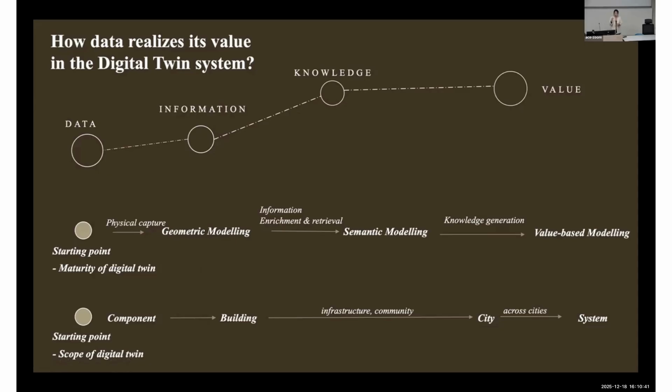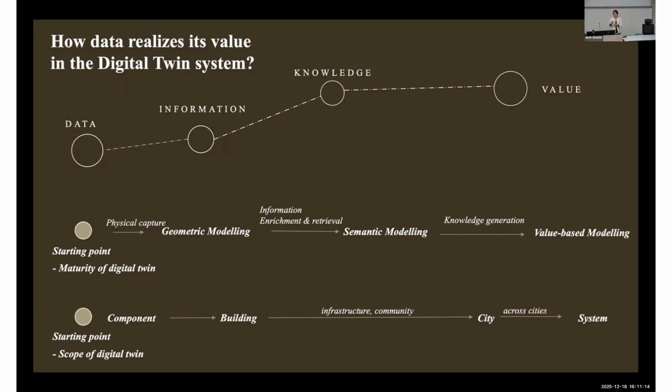So we can start from the geometric modeling, because it's digital, right? We don't have it, and we have the physical one, for example in facility management, and we need to make it digital. The first thing we need to do is the geometric modeling. And then we need to do the semantic modeling, which is where we put what is inside this building, inside this digital asset. And then we talk about the value, which is what you use this information for.